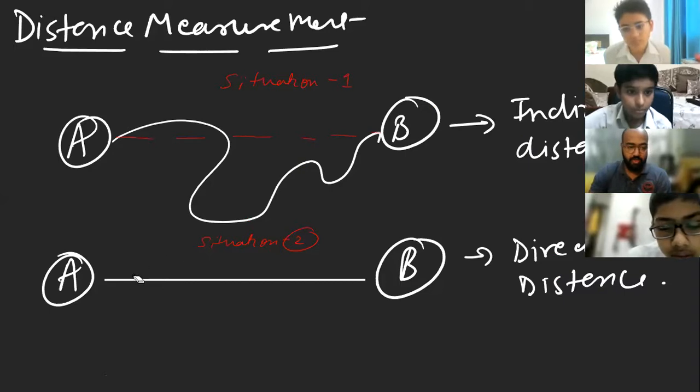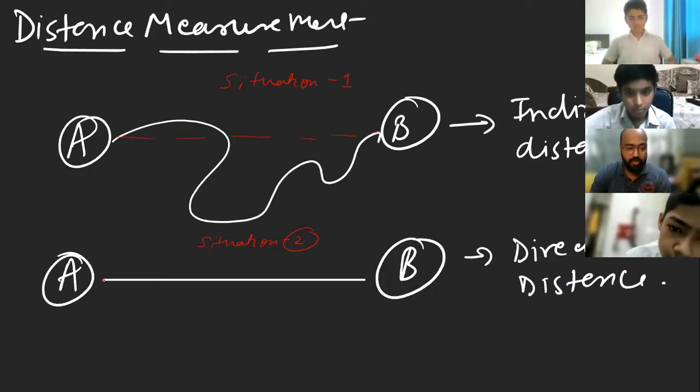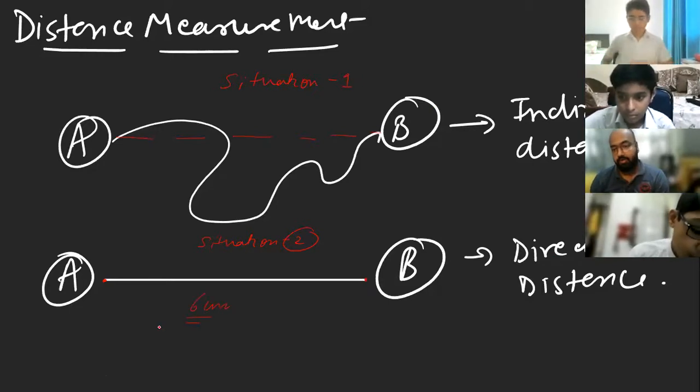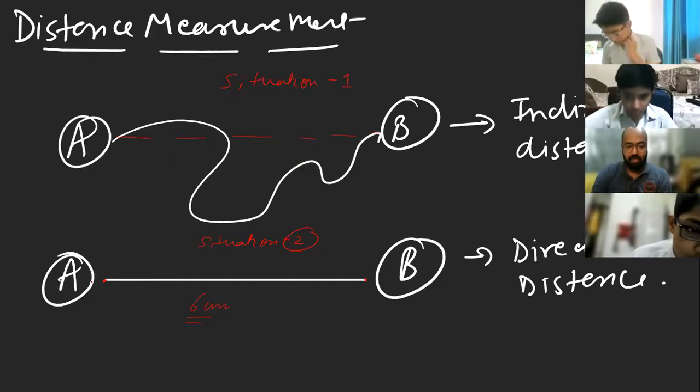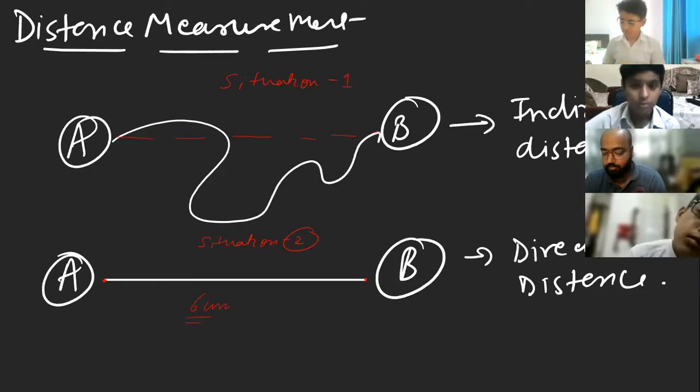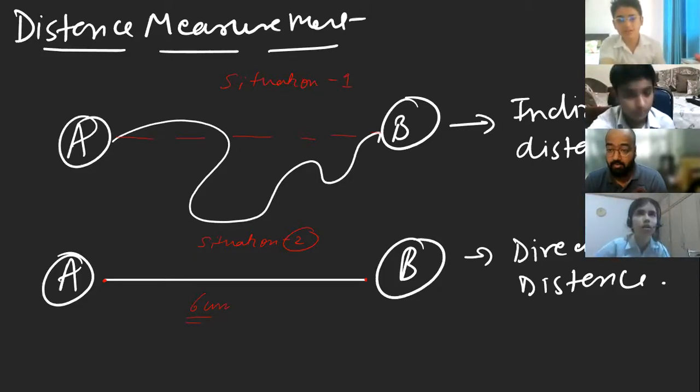If you are using a scale, you put the first division of the scale over here, and the second division will come over here. Suppose this length comes up to 6 centimeters when measured with the help of a scale. Now, if you don't have a scale, you're lost in the jungle, then how will you measure? By a string. We will use a thread.